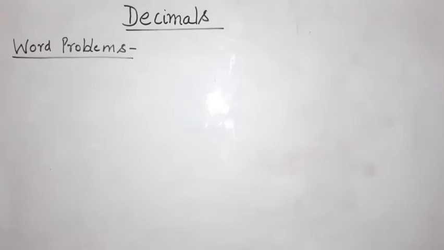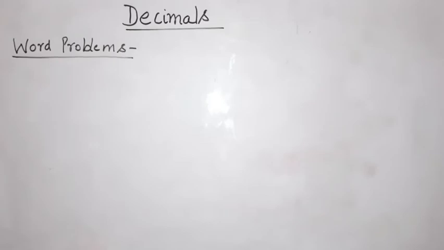Okay students, so let's begin. Now word problems, it is on page number 108, F option. Answer the following word problems and question number 1. So first let me read the question for you. Kajal had rupees 394.68. She bought a book for rupees 85.72 and a pen for rupees 27.85. How much money was left with her? So we have to find out the amount of money that is left with Kajal.